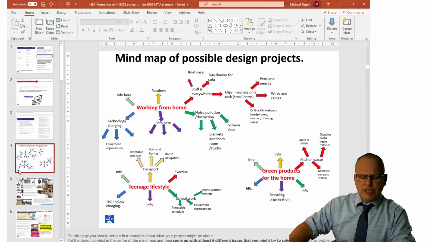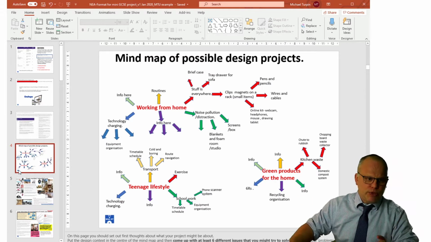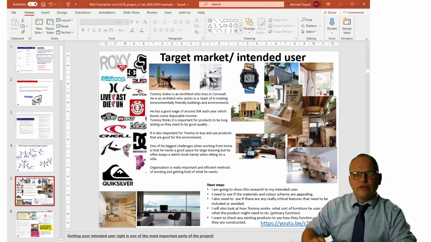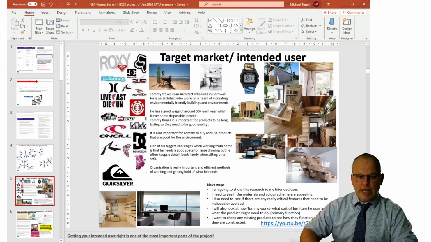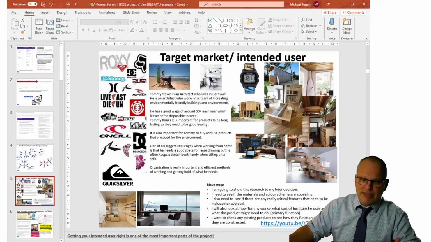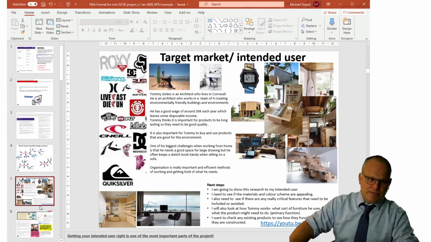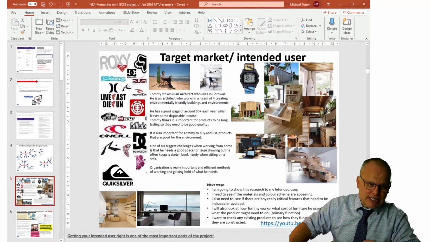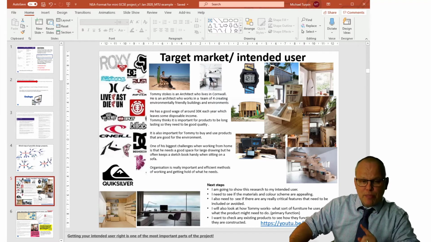We should have done mind maps, working out what you might do. Those should be your problems. Then you should have done some sort of investigation of your intended user. What do they like? What do they want? What do they need? What is their brand, etc. Okay, you should have done that already. You can keep adding to it, obviously, as you go. Now, they're the person that you go back to and show your designs to and ask questions of, so they're